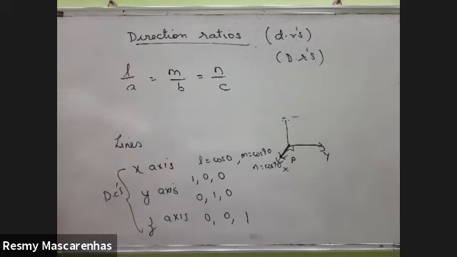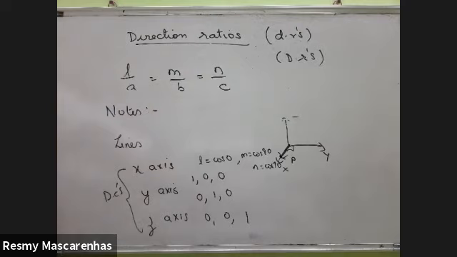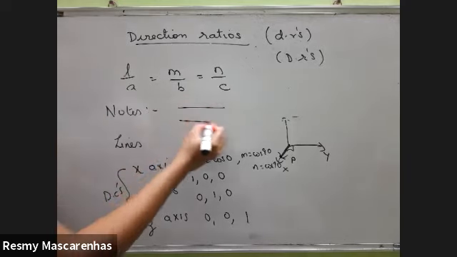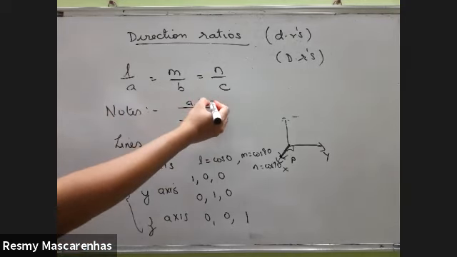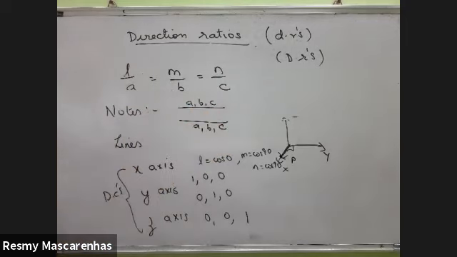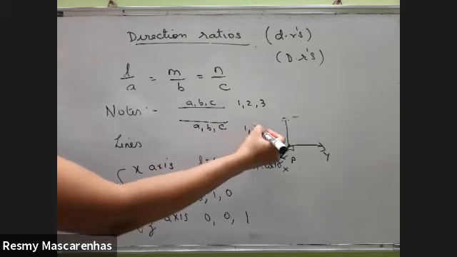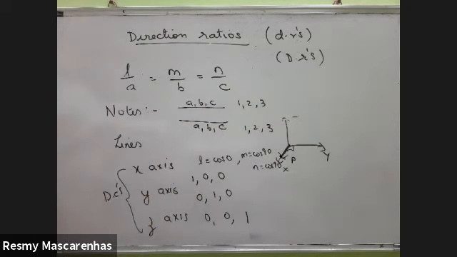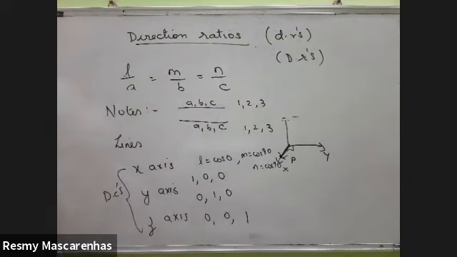So direction cosines, these are some notes which you need to know. Direction cosines of two parallel lines are always equal. If you have two parallel lines, if this one has A, B, C as the direction cosines, then this one will also have the same. Like 1, 2, 3, if it is this, then this will be 1, 2, 3. Or equal or proportional. Proportional means what?